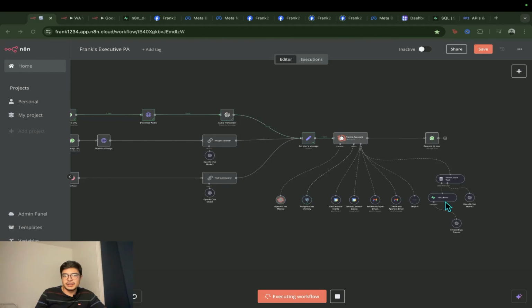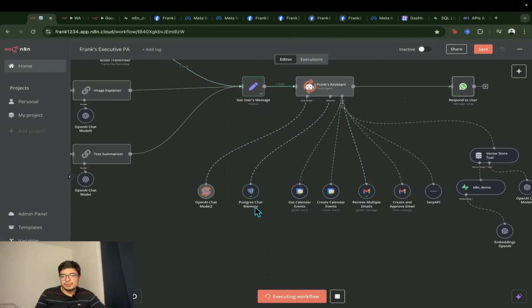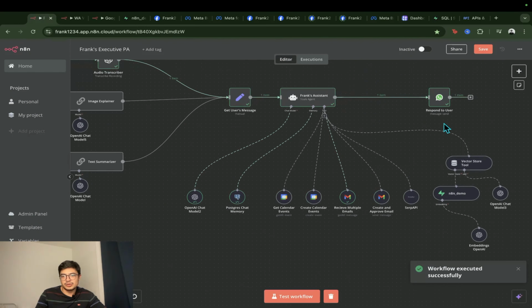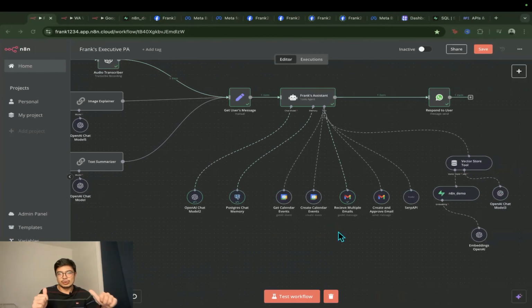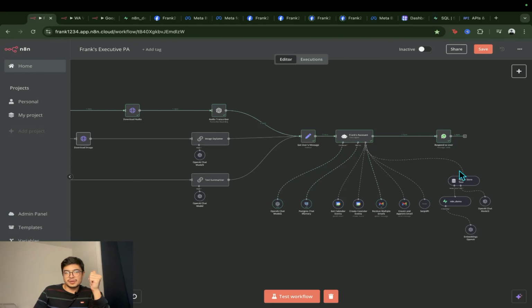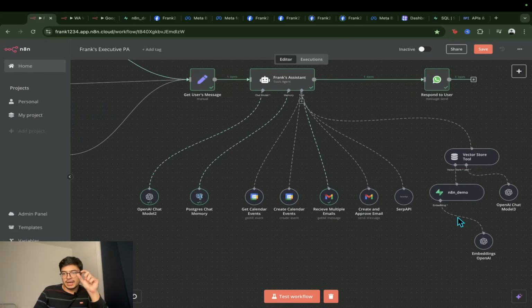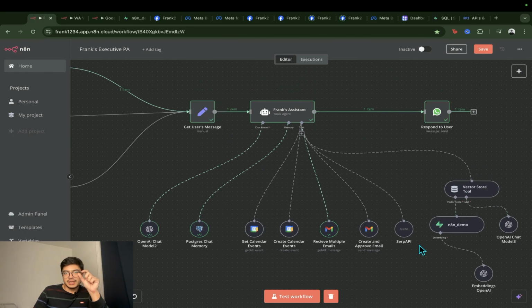I'm gonna go ahead and do that. Language model, receive multiple emails, Postgres chat memory as well, and then respond to the user. And then here's an email that I received yesterday, right? So it works. Great. The reason I skipped through the chat memory and the vector store tool is because I